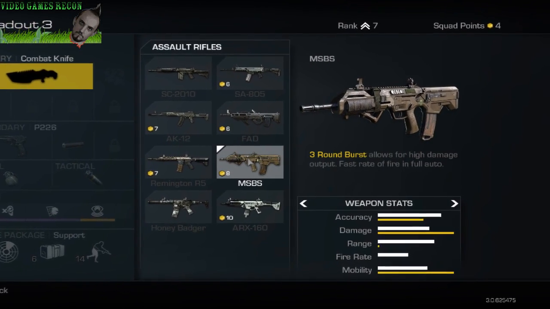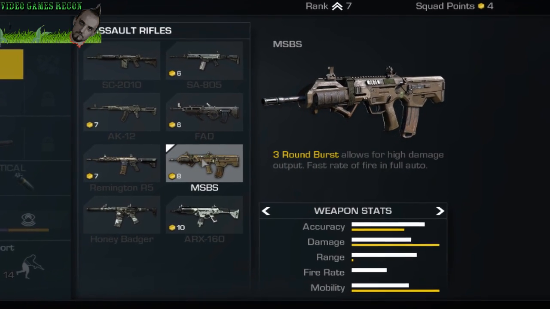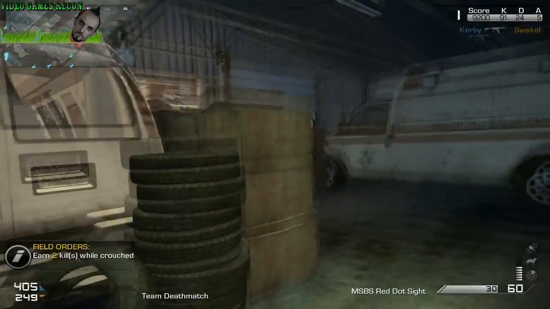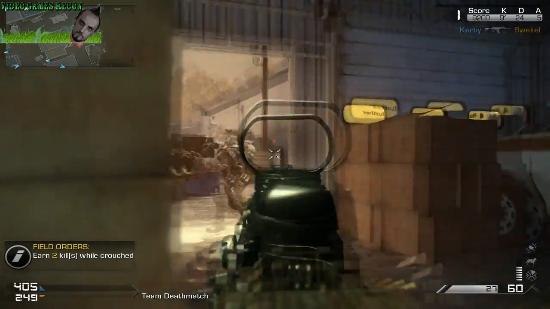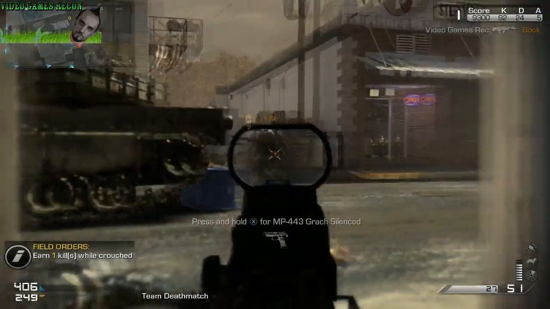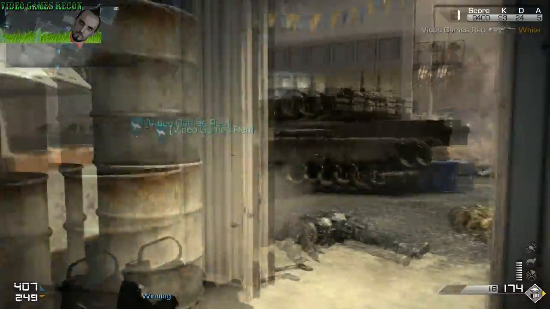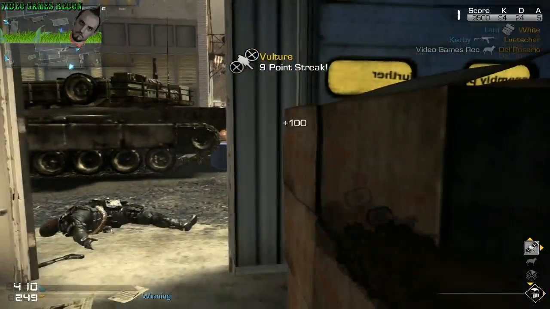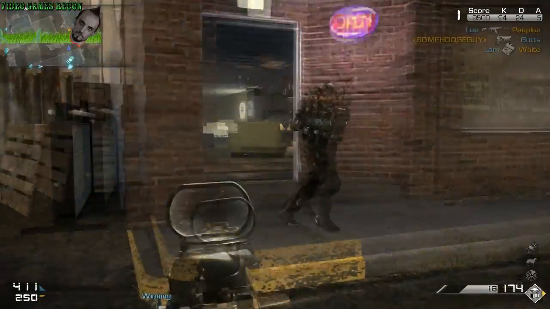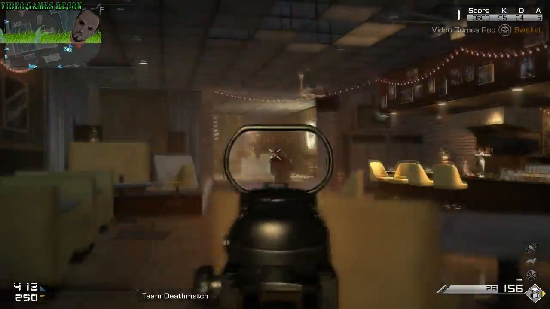The MSBS. This 3-round burst-fire gun is a beast, and by far the most overpowered gun in Call of Duty Ghosts, making it the gun to have if you're going for try-hard mode or are looking to gain XP fast. This weapon reminds me of how the Type 95 was at the beginning of Modern Warfare 3, as it's practically the same situation. An extremely high-powered burst-fire assault rifle that's just as good at range as it is in close